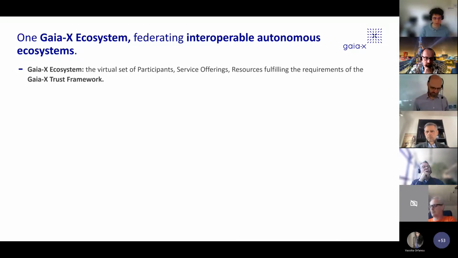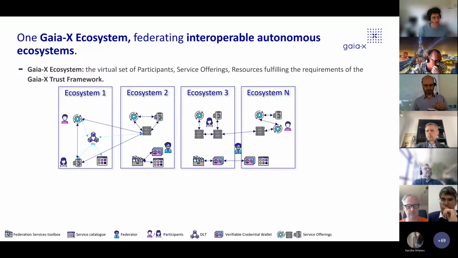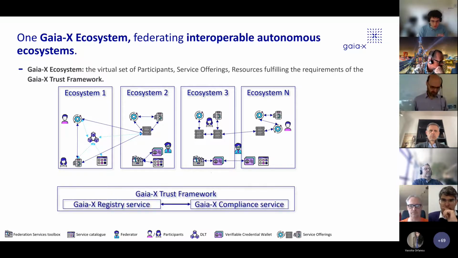And this compliance is really the baseline to have this common digital governance that I've presented earlier. So we have ecosystems, which could be one of the Lighthouse projects, that can be based on blockchain, or not on blockchain, on-prem, on-site, edge, and so on. But what makes them truly interoperable? The first base is to have what we call the trust framework, so this common digital governance. And this is more than words.